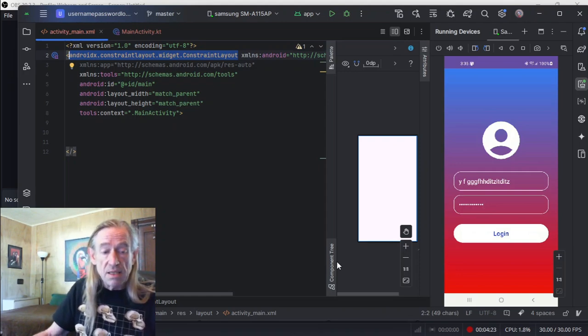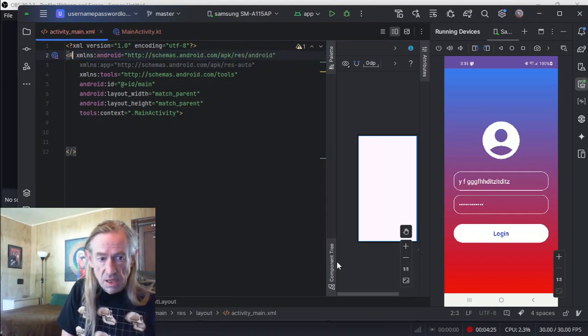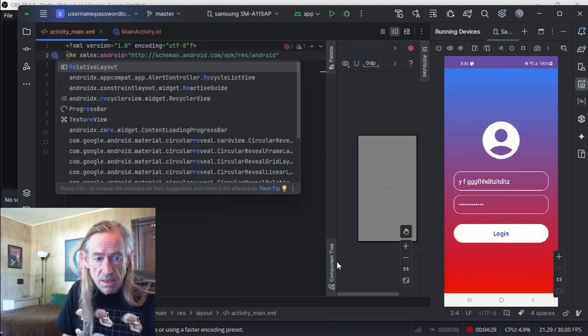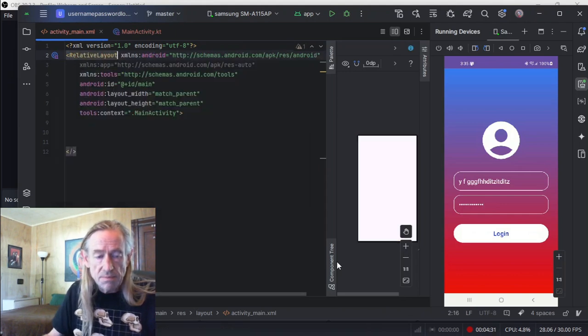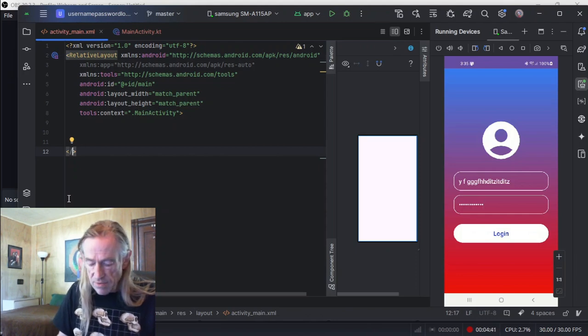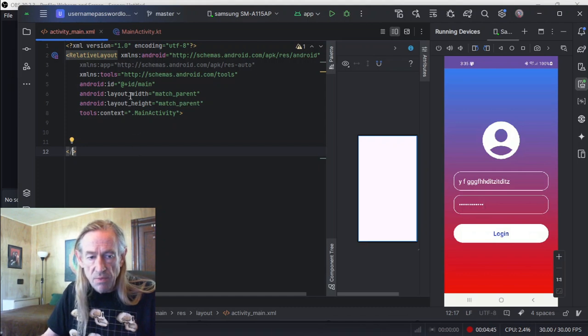But instead, now we're going to use a relative layout. I don't know why it doesn't say relative layout there. We're going to leave that for a minute